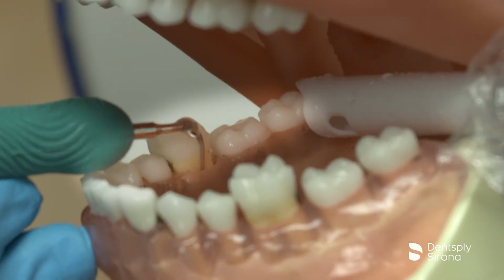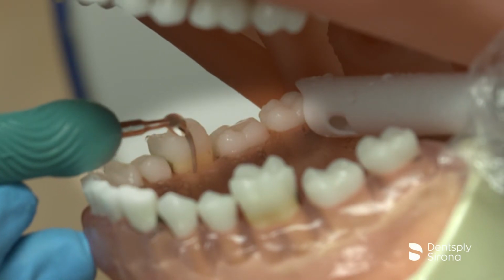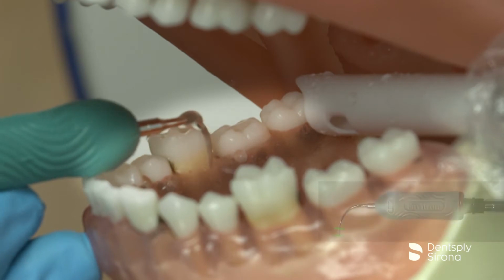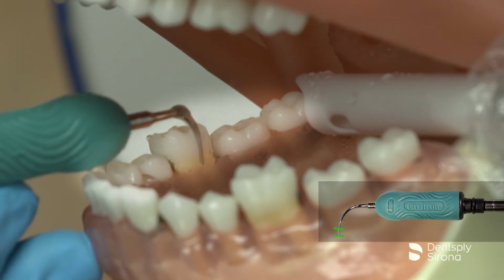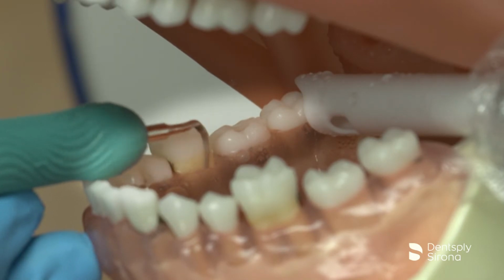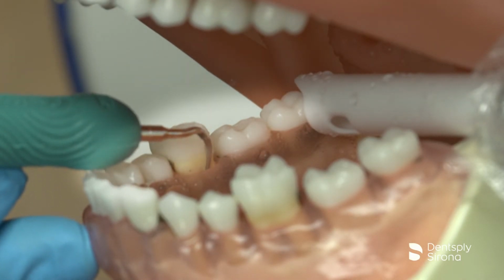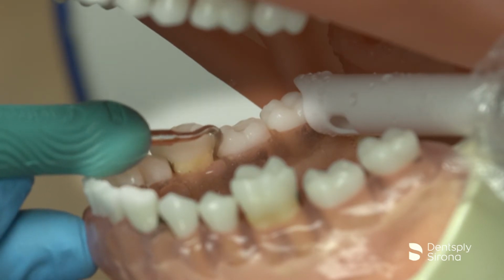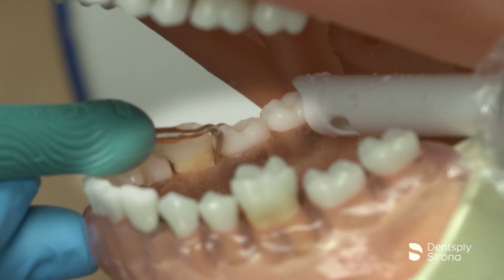As seen here, the curved left insert is following the anatomy into the furcation and is maintaining the necessary 2 to 3 millimeters of adaptation. Proper adaptation is required to navigate the interproximal space successfully. A slight turn of the insert maintains adaptation around the line angle and assists the clinician to successfully debride the